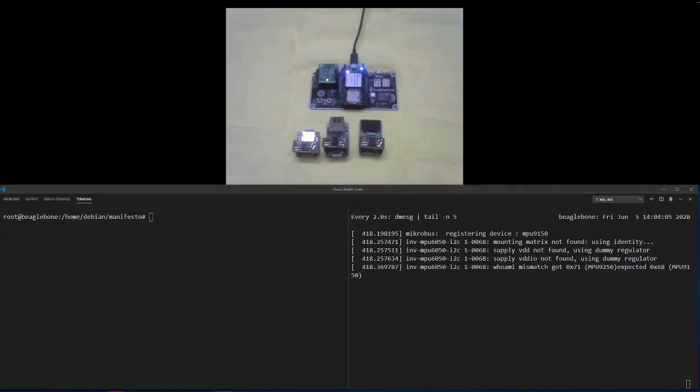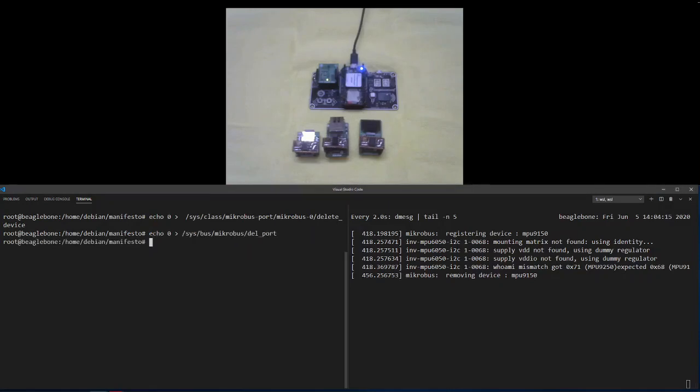We can delete the device using the delete device interface. Now the microbus port is also removed.